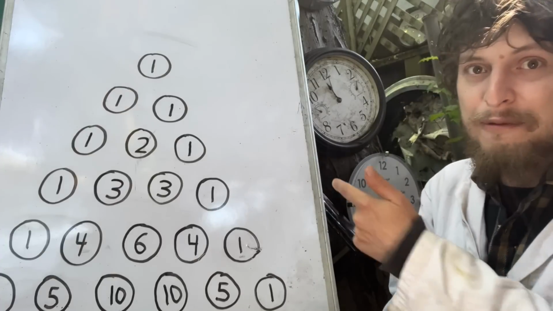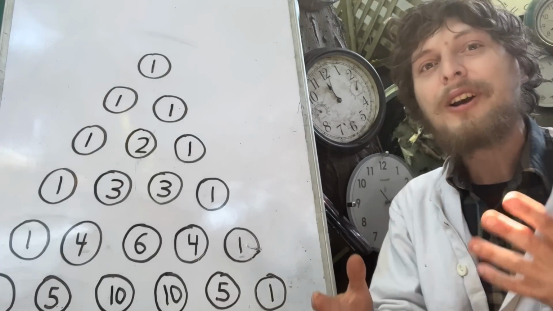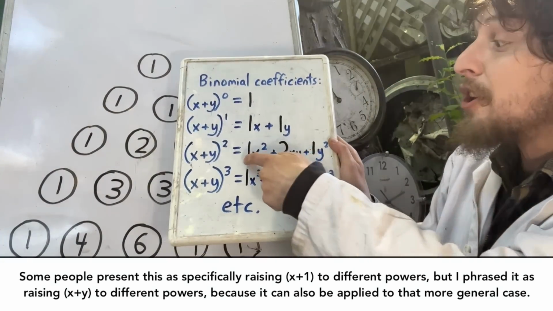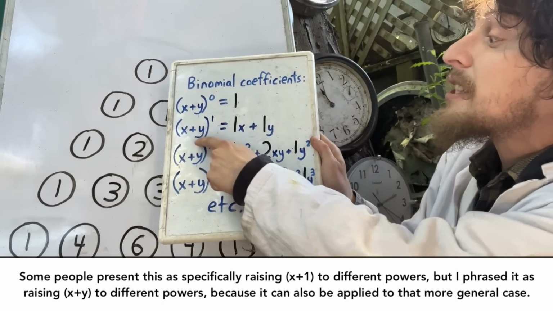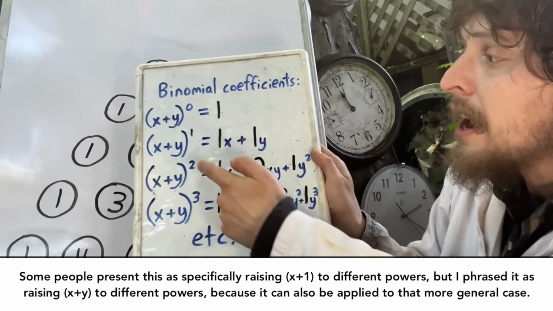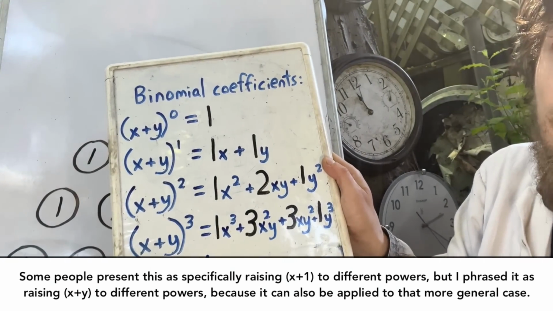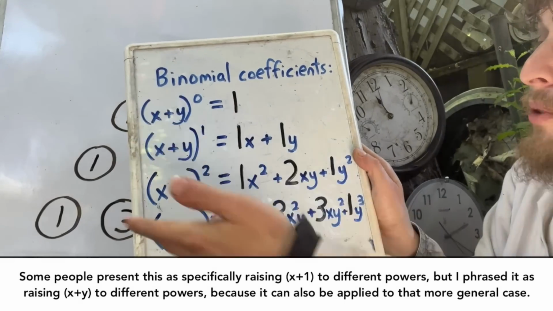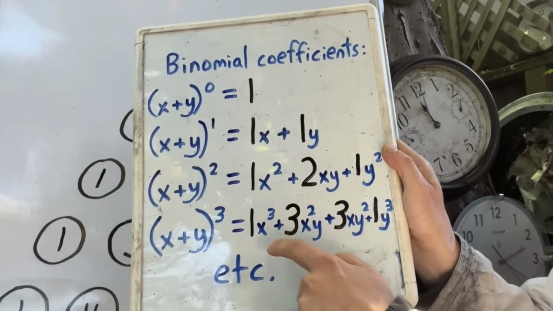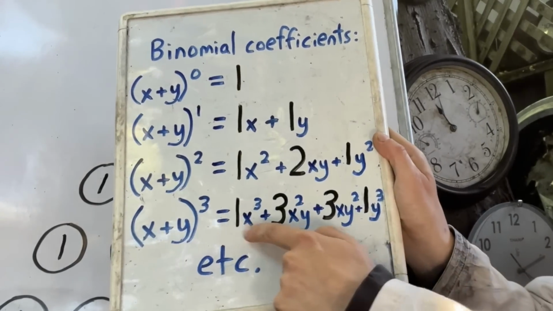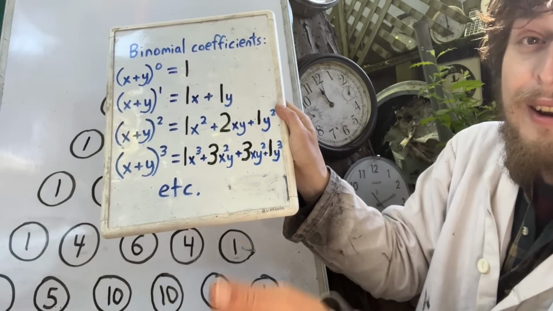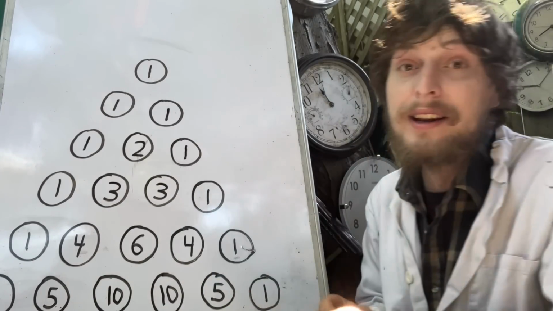Now, we can also view this triangle of numbers as what are called binomial coefficients. Binomial coefficients are the coefficients you get if you were to expand something with 2 variables, or sometimes you'll see this presented as x plus 1 to different powers, but it does technically work with x plus whatever y we're trying to figure it out for. Here we'll see coefficients of 1, 1, 1, 2, 1, 1, 3, 3, 1. Next, we would see coefficients of 1, 4, 6, 4, 1,